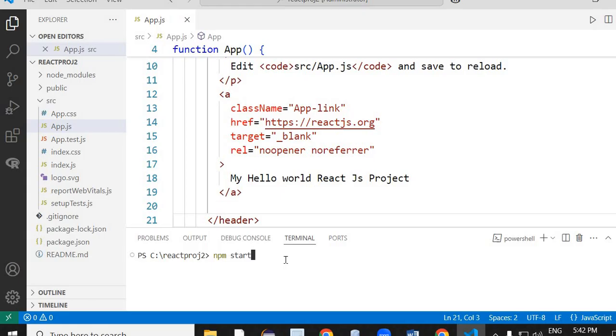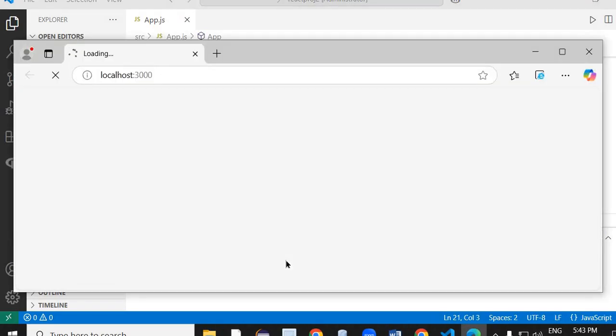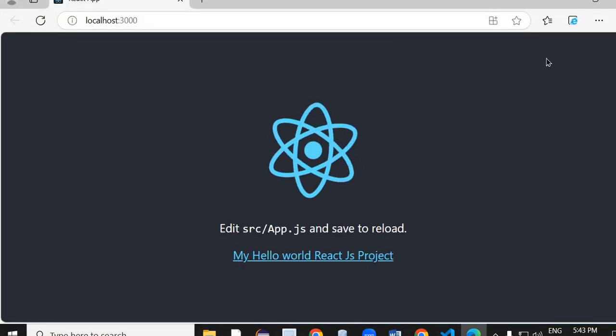Once it gets started, it will be launching a web browser at port number 3000. So you can see all the details which are written here will now be available on a web browser. So I'll just start it and then you can see there, please. So npm start has started launching the React project, and it is starting the development server. And now after this you can see that it is loading that project at port number 3000, that you can